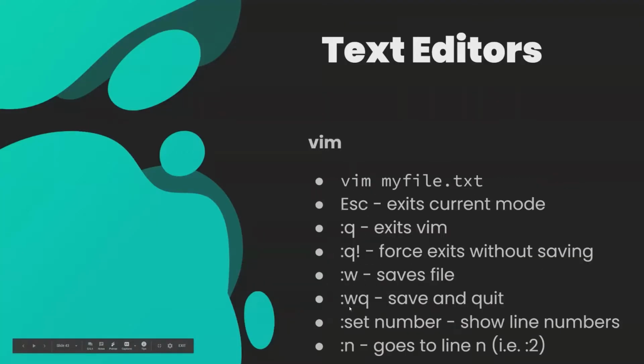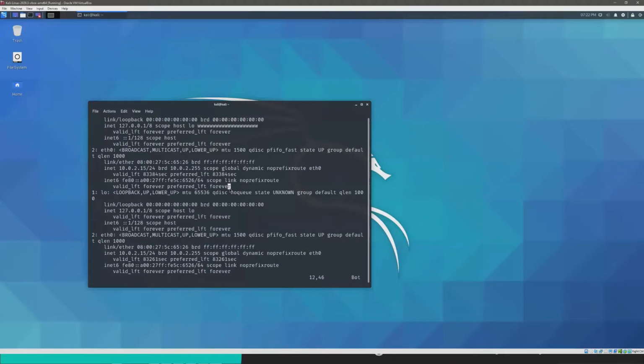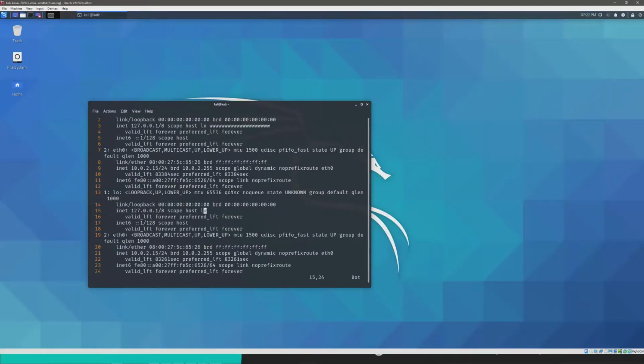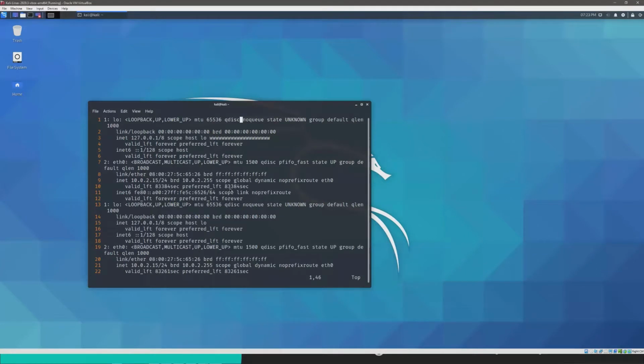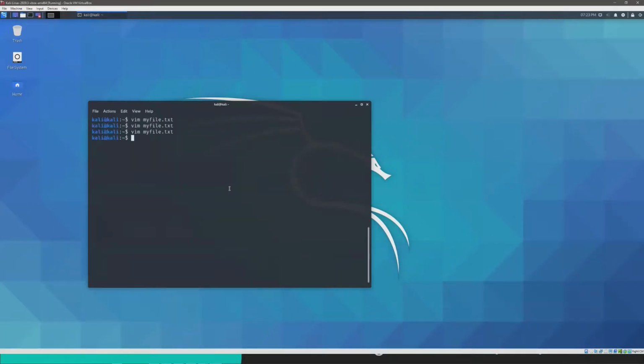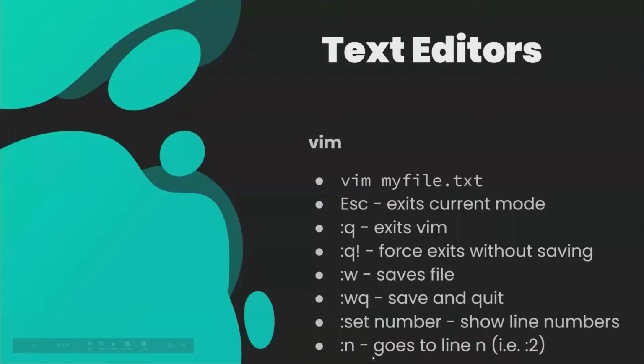Set number, it wasn't just number, my mistake. So :set number is what shows us the line numbers here. So it's a little bit nicer to look at. And let's say I wanted to just jump to a particular line. Let's say I wanted to just jump to line 20 instead of just pushing my arrow keys all the way down. I can just do :20, and I'm already there. So let's exit here, go back.